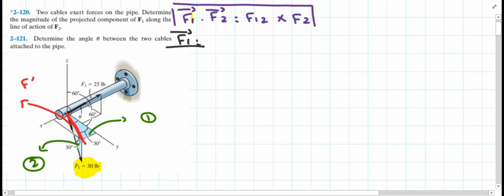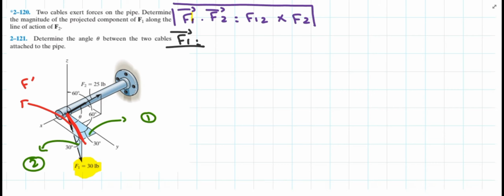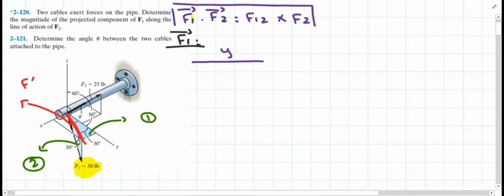Now I'm extracting triangle number 1 into here. If you take the top view of triangle number 1, it may look like this. This is the y-axis, this is our x-axis, and this is our F prime. Let me erase some extra things from here. So this is our triangle number 1. Again, I'm repeating, if you take the top view of this image, this is the y-axis which I drew there, and this is our x-axis, which I also drew there. And the angle is 30 degrees according to the question. And we know that the angle between any two axes is 90 degrees.